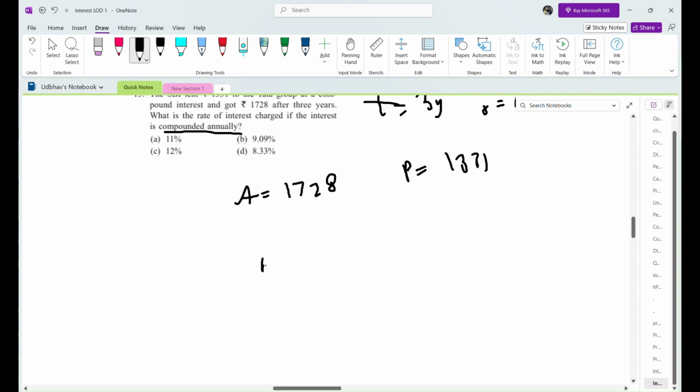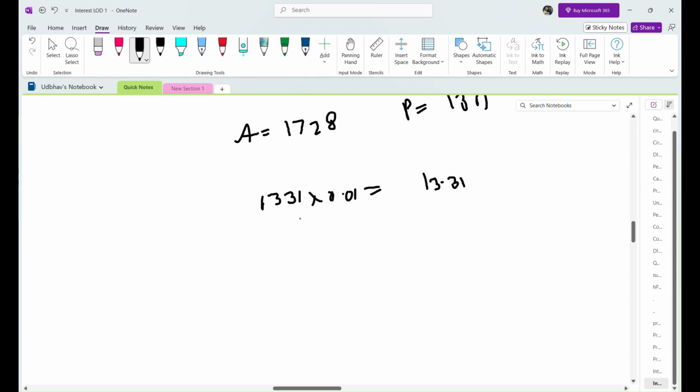If our rate was 1%, so for the first year, 1331 into 0.01 will give us an interest of 13.31. 1331 plus 13.31 will give us 1344.31, and again 1% here, so that will give us 13.44,